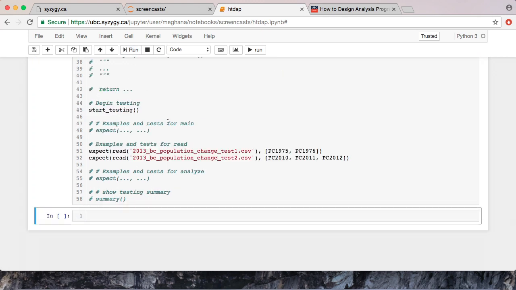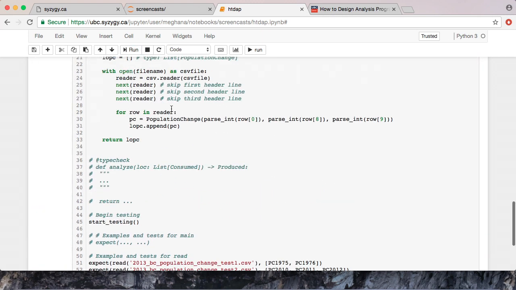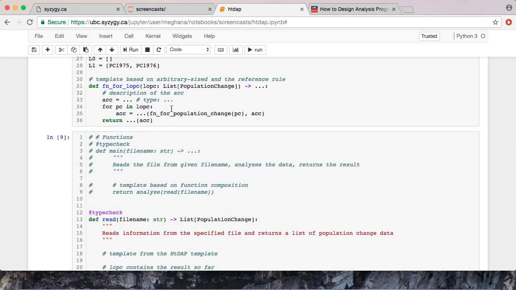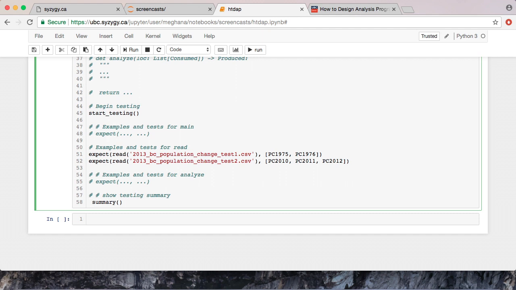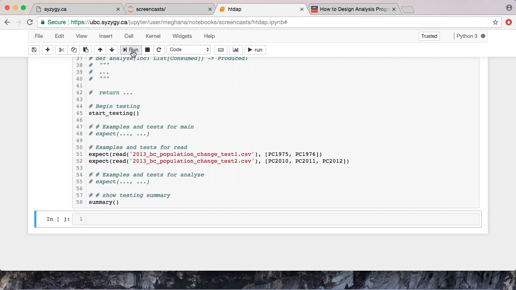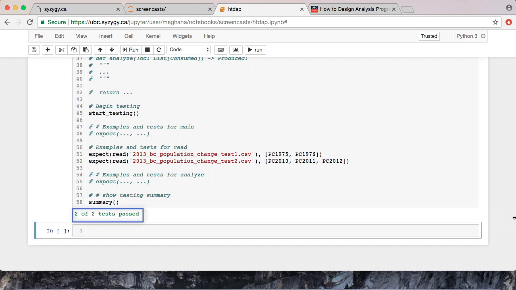This time I didn't get any errors, but it wasn't telling me if my test passed. And I see that I did an uncomment summary, and that's what shows me if my test passed. So now, finally, after fixing those errors, I can see that I have 2 of 2 tests passing.